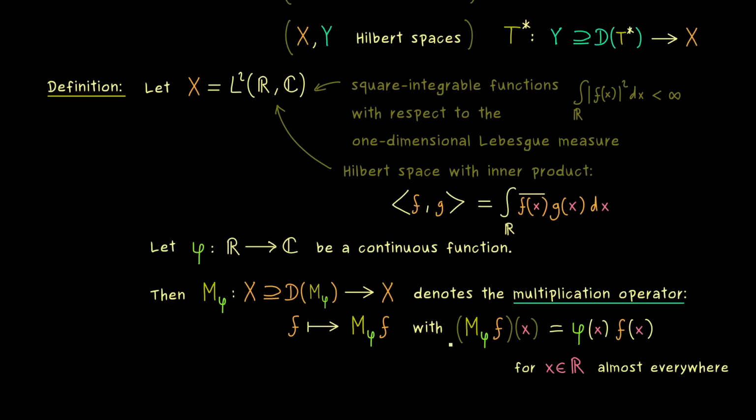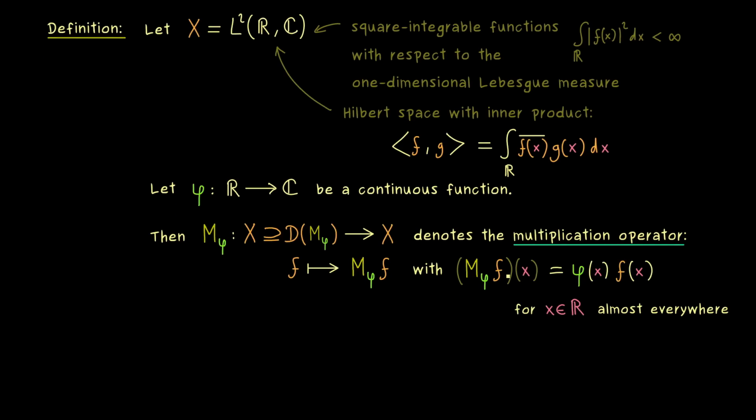Therefore, whenever we do something pointwise, we always have to say that this only holds almost everywhere. But obviously this is good enough. This defines the whole multiplication operator. And now, as you can see, the only thing missing in this definition is the statement about the domain of